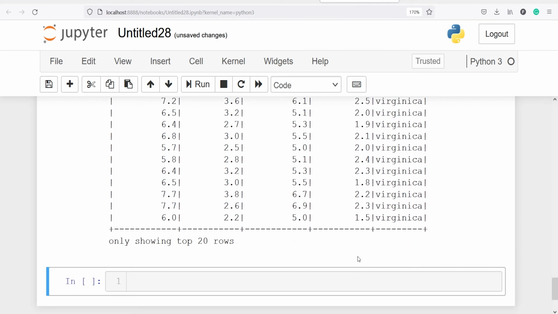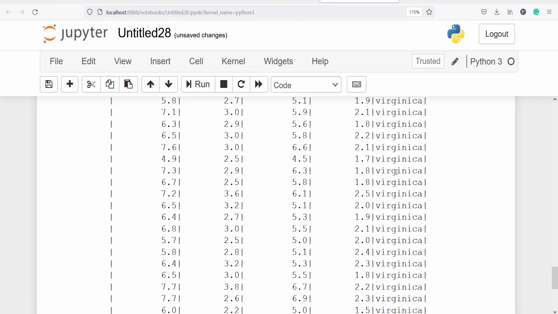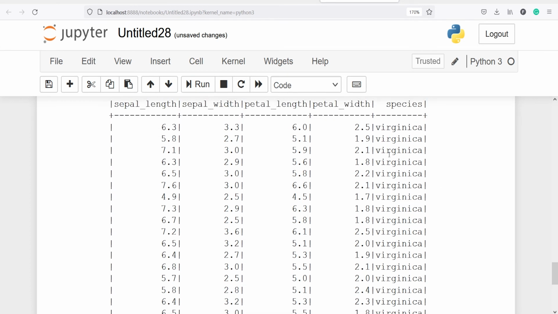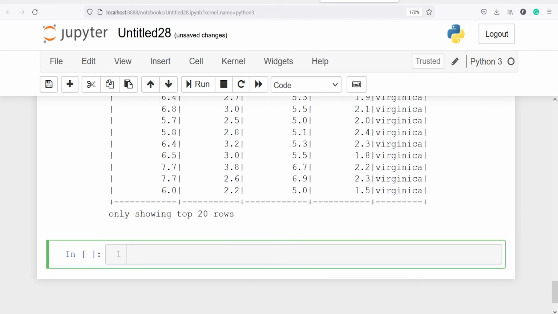The last method is substring. It returns a column which is a substring of the column. I'll show you with an example. For example, we want to see if there are any species whose spelling has a length between 1 and 5. I'll show you with an example, then you will understand better. I'll write df.select, then I will write df.species, the column name on which we want to find, .substring.